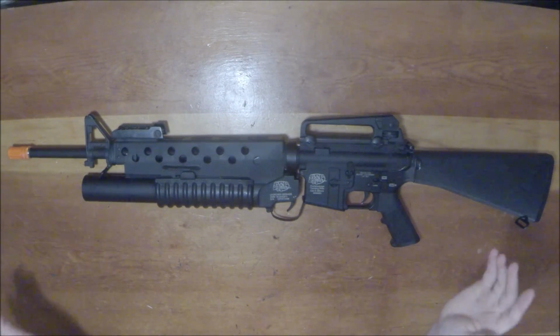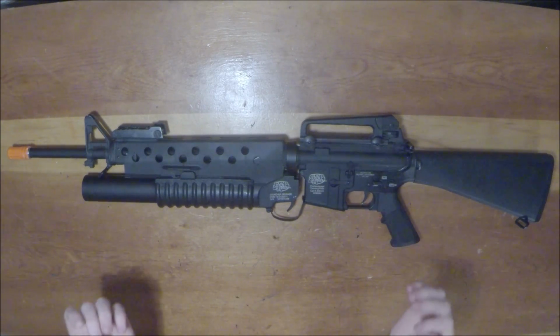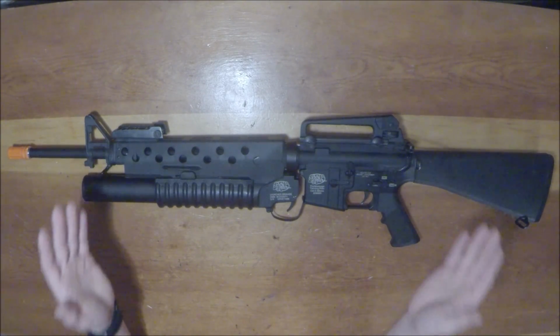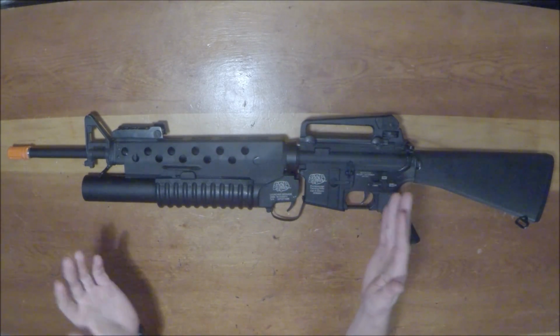Now, since this gun is absolutely massive, I don't see any reason why you'd ever bring this into a CQB environment, but if you do want to do that, you can always downgrade the spring, but I recommend this gun for field use only. Now, earlier I was mentioning the gearbox problems I've had with this gun,